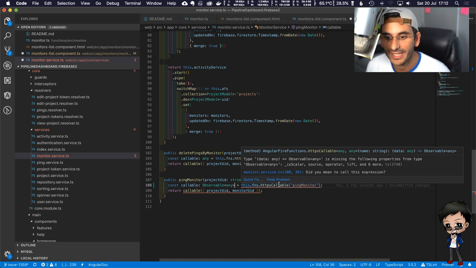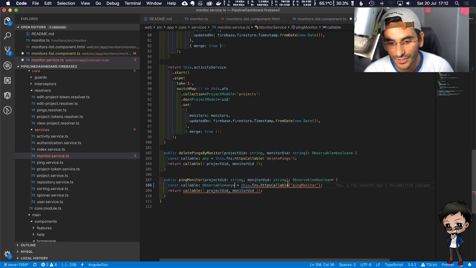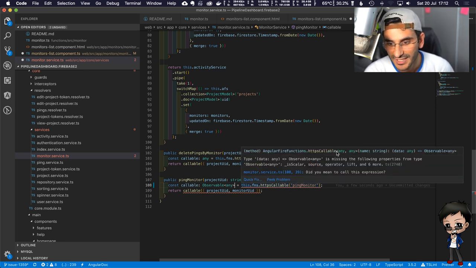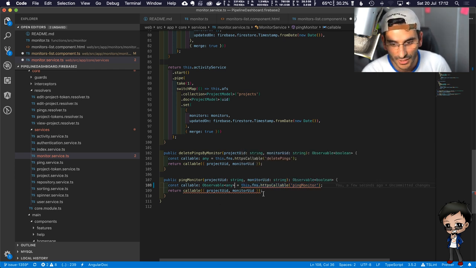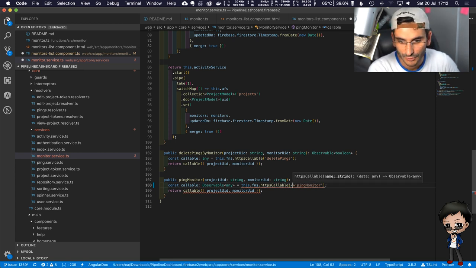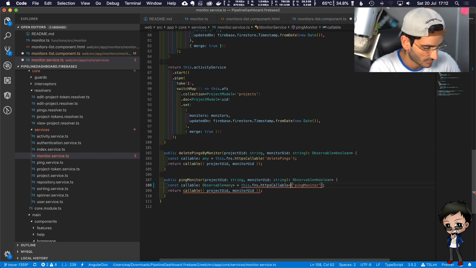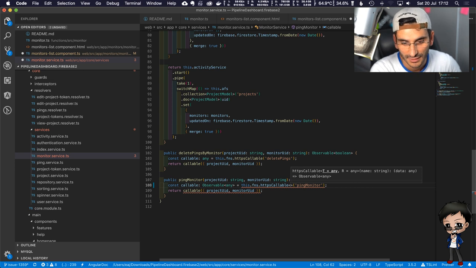So if you look, it expects a generic inside it. When you call it, it expects a generic. The first generic is used for the return data, and the second one is used for, I don't know what the second one is used for. Okay, so you would need to put in a generic here as well. Oh, no, not in there. That's wrong. And then, if I just put the type any, you won't use any.